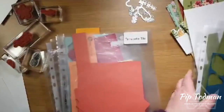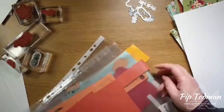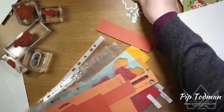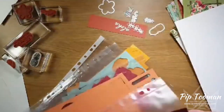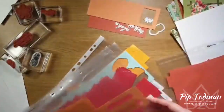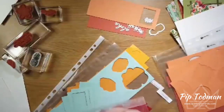So we'll start with the flowers, and I'm just going to run through the Big Shot. I'm just going to get myself some strips out. So we need, how big is this? Is that going to fit that one? No. So it'll fit all the others though. It'll fit this one, which is the important bit. We can get some alohas out of it. That's nice. We can do the same. That'll fit that big one. That's lovely. See what I mean? You can just pull out bits and pieces, small bits that you...